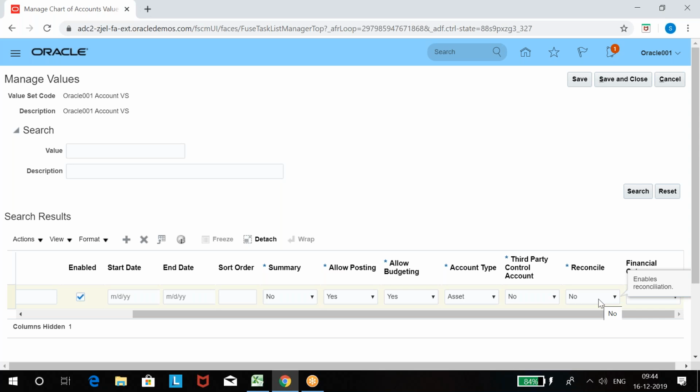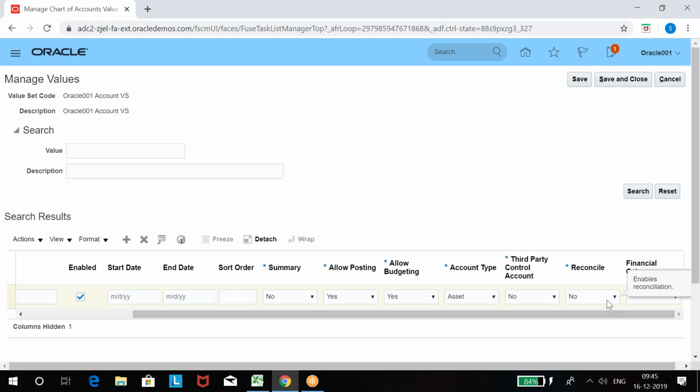And we do reconciliation with which account? From AP, the common account is the vendor account. The use of AP is vendor, right? Even when you make payment, it's the vendor account. Even when you process an invoice, it's the vendor account. Without a vendor account, there is no AP module. For vendor accounts, and for AR customer accounts, we select reconciliation as yes. We call it subledger reconciliation, from AP and AR.